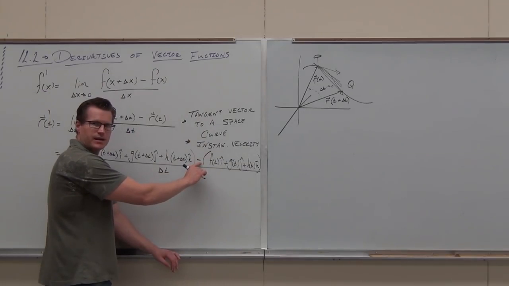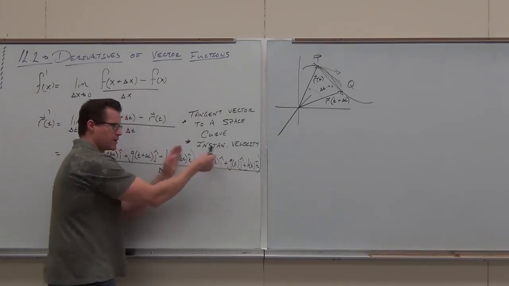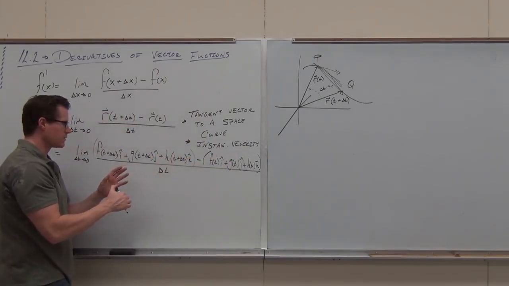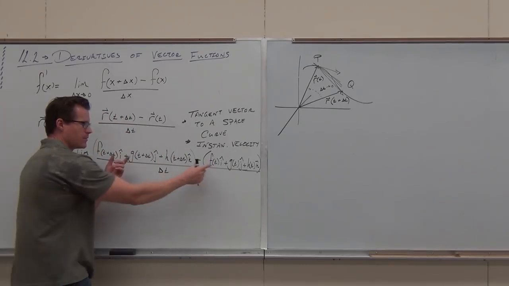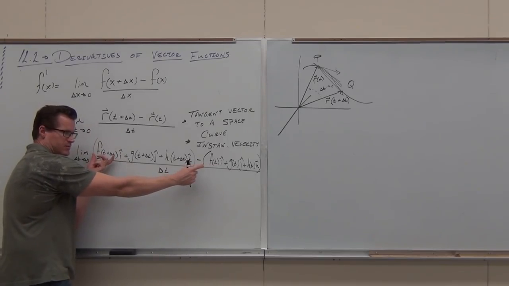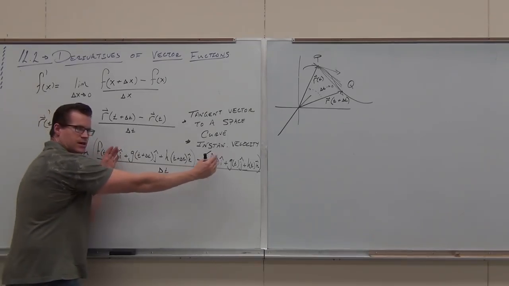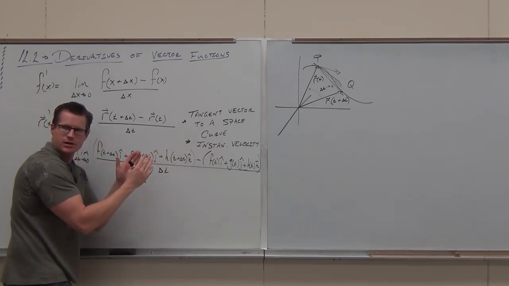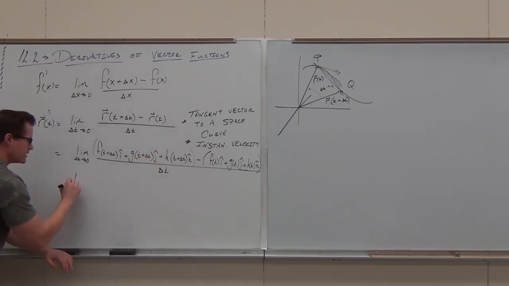If I take this minus this, let it distribute through, and recombine this, watch carefully because I don't want to lose you here. I can take this f of t and this f of t plus delta t. They both have i's. I can jam those together. Do you see what I'm talking about? So this limit becomes